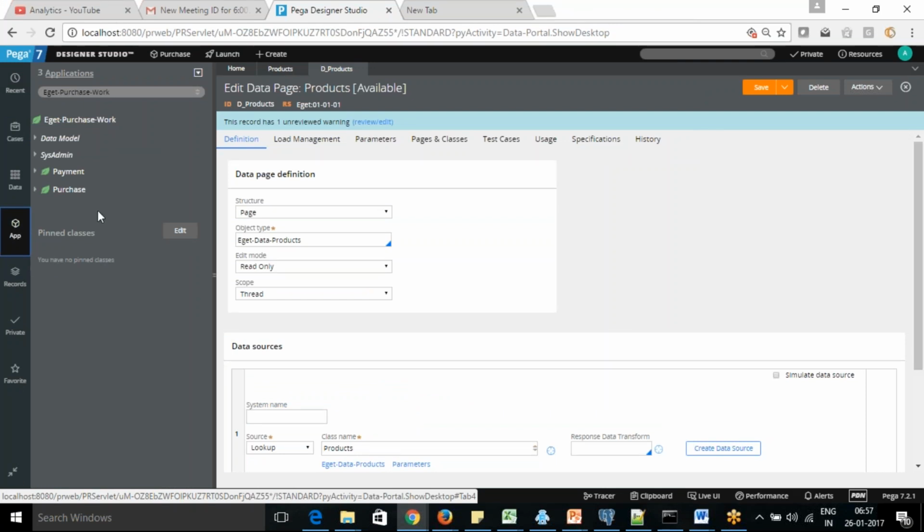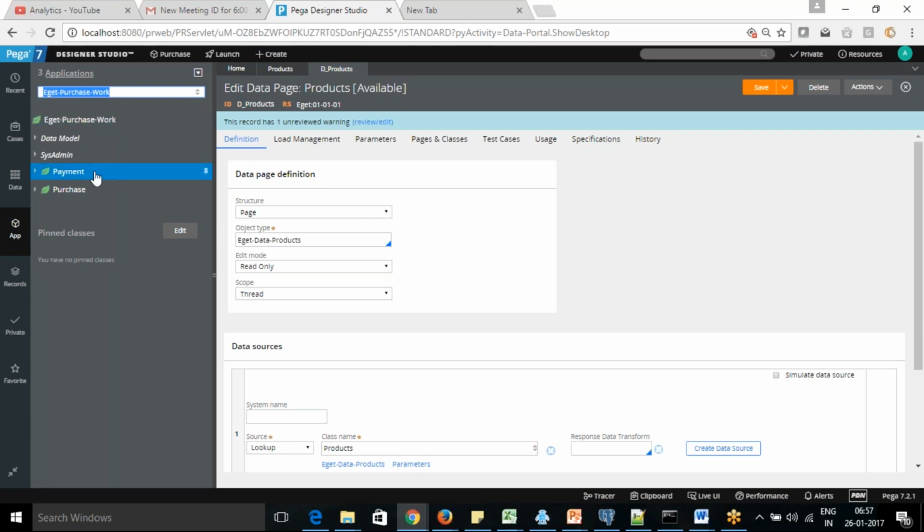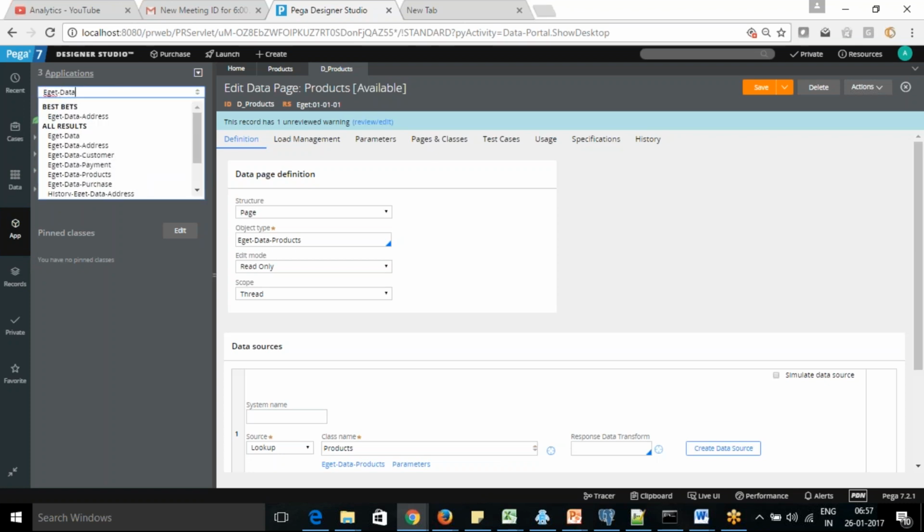We'll talk more on the UI. We are going to create a new UI page. Okay, let's go to the Pega data product itself.